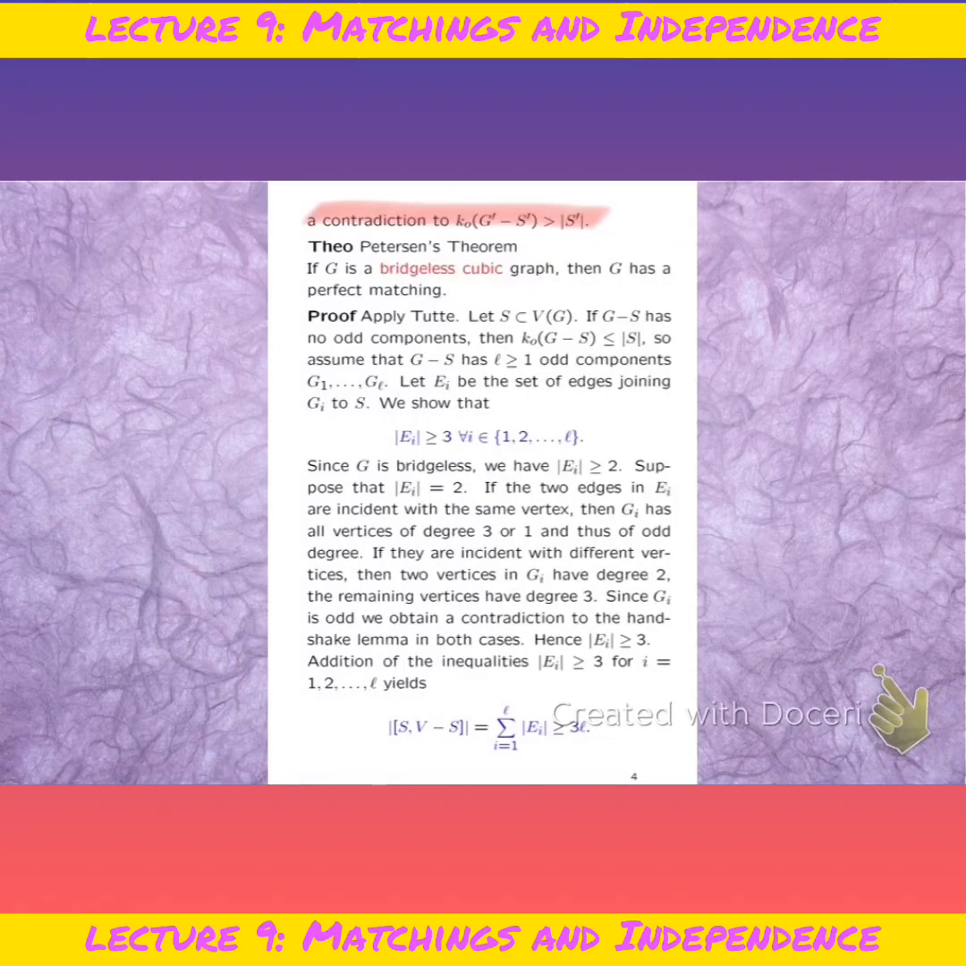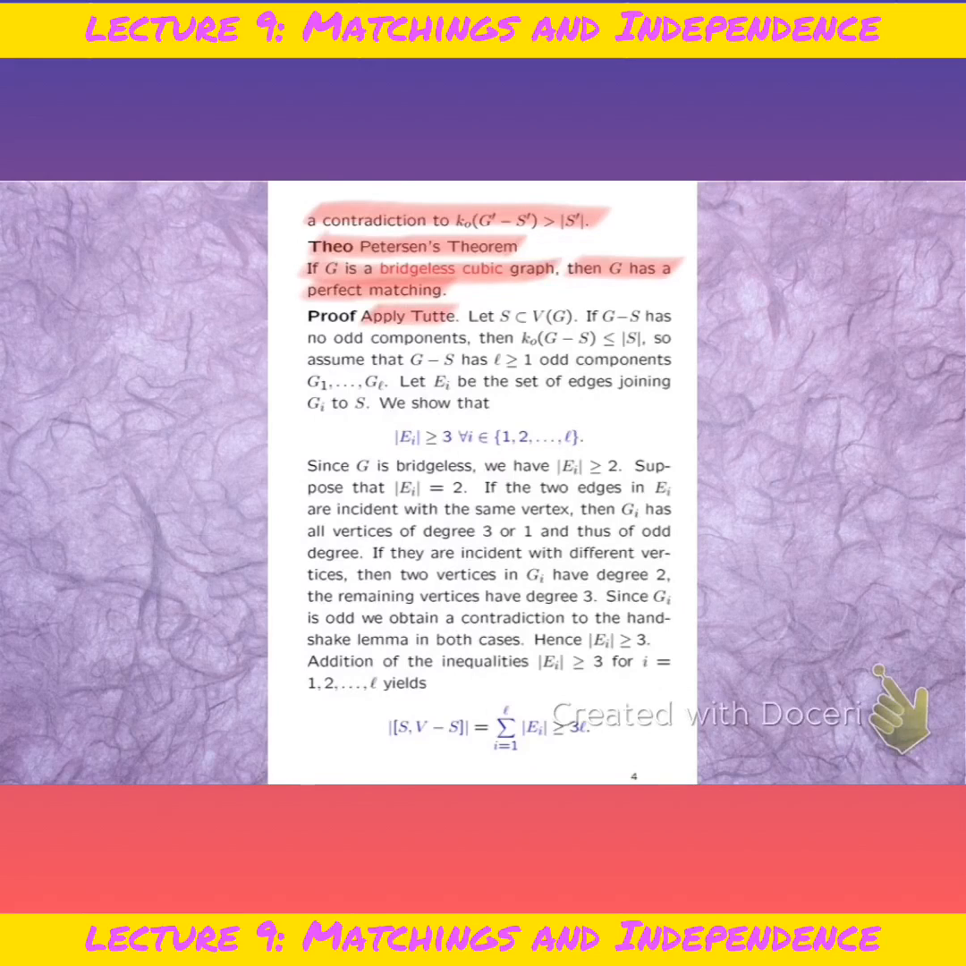Okay, so next we've got another nice little application of Tutte's one-factor theorem, and it's called Petersen's theorem. If G is a bridgeless cubic graph, what's a cubic graph? It's a graph where every vertex has degree exactly 3. Then we say that G has a perfect matching. Alright, so we're going to apply Tutte's